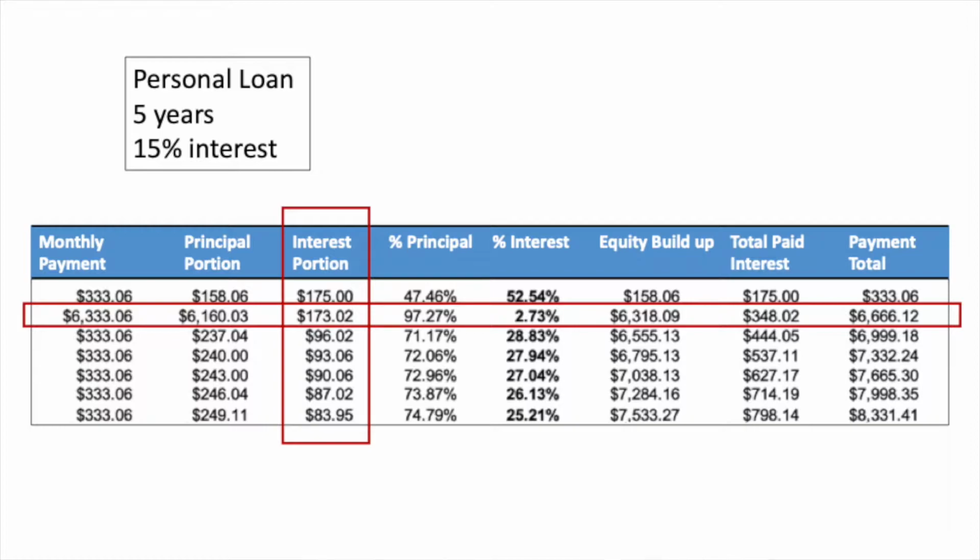As you can see, it was already dropping $2 every month, but at that point it drops significantly. So by placing $6,000 in the loan from the line of credit, my payments end up shifting so that $75 of that payment, it was like $333. Now $75 of that every month is going towards paying off the principal,